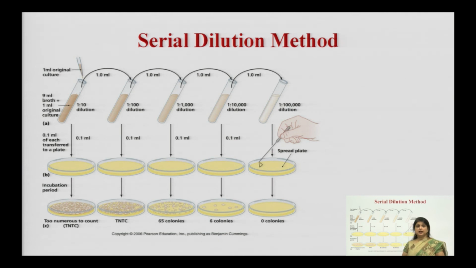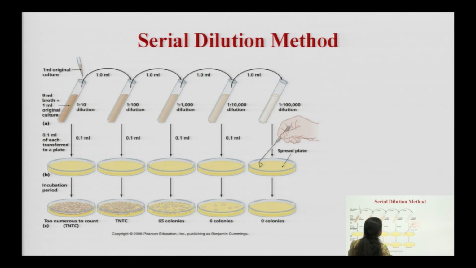Now, what is serial dilution? In serial dilution, you will use the nutrient growth. In previous slides I have shown streak plate, spread plate and pour plate. For those we actually need solid media, but in the case of serial dilution we are going to dilute our samples, and when we dilute, we are reducing the number of microorganisms within each test tube.